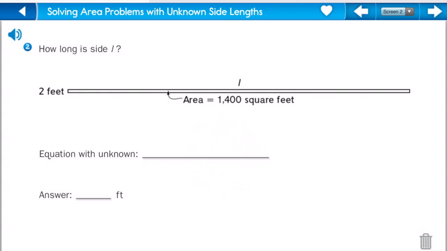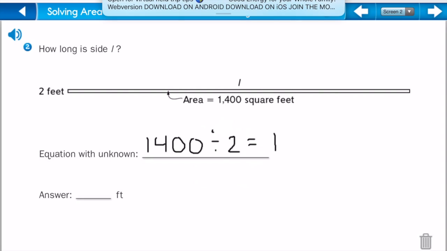Okay? How long is side I? Okay? So let's do our equation with our unknown. We're going to start out with 1400. And we know that one side is 2 feet. Okay? And that equals I. Okay? So now, I'm looking at this. I'm going to forget about my zeros right now. I'm trying to think, what is